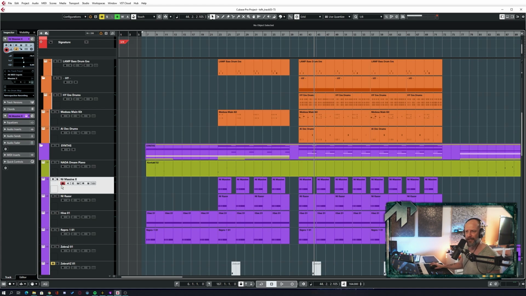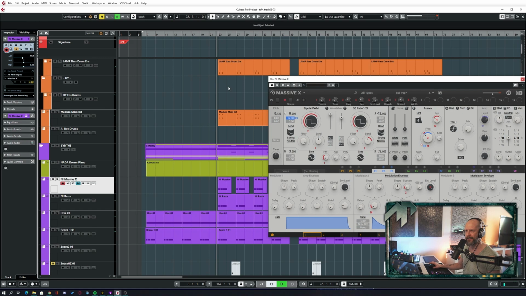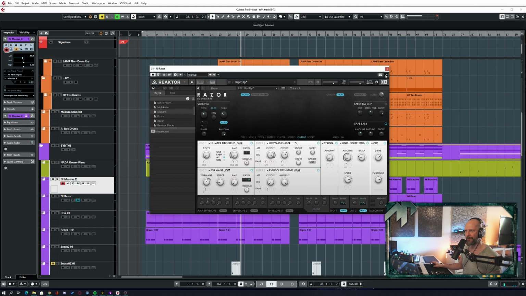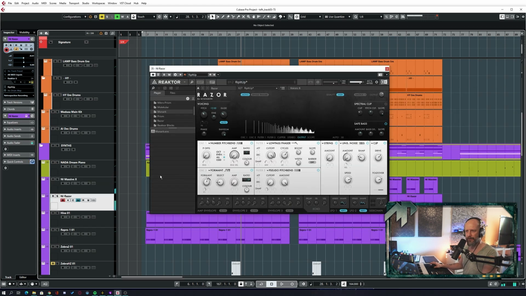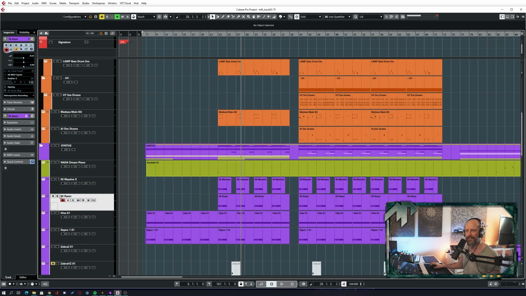We have another patch here that is a Massive X patch. It sounds like this. So it's kind of a little attackish sound. And then together with Razor, another Native Instruments synth, it's one of my favorite patches, Rip It Up. It sounds like a distorted synth, distorted guitar, but it reminds me of trombones, like an electronic synth variant of trombones. And I like to use this, also sometimes layering this with trombones, very subtle, because it can create a really battle sci-fi-ish, but still orchestral sound. But sometimes I just like to use it on its own and layer it with some other synth here, to create this little